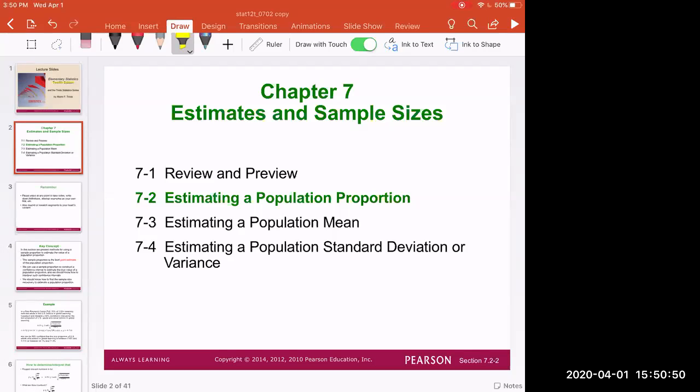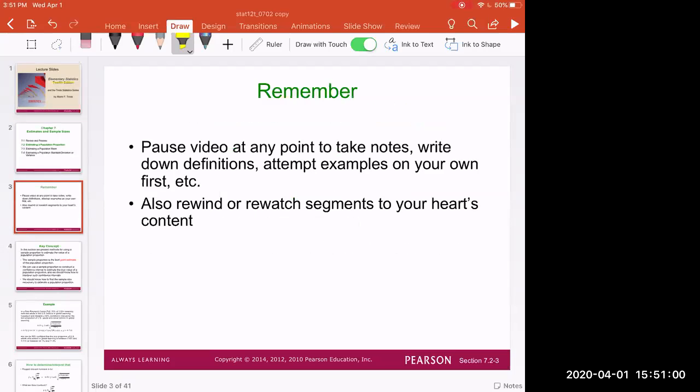This is going to be using an idea called confidence intervals, which you'll get to see some examples and hope to understand what those are after these videos here. So just remember, at any point while watching videos, you can pause them to finish taking notes, write down definitions, maybe attempt examples on your own first, whatever you feel you need to do. And you can always rewind or rewatch segments into your heart's content,